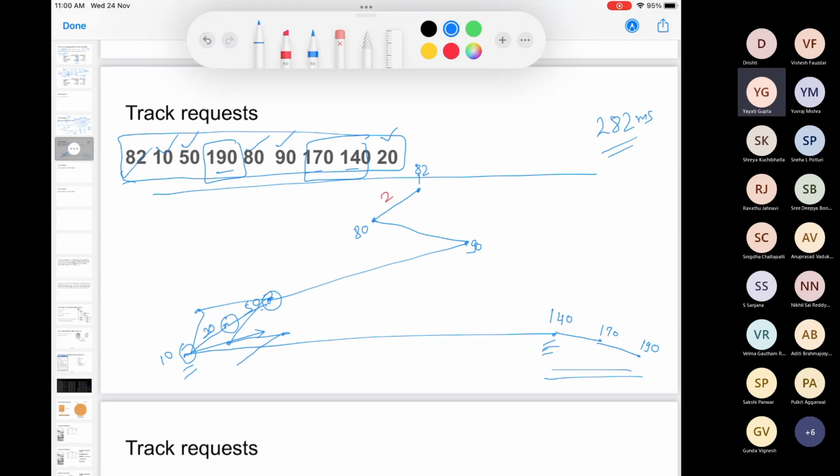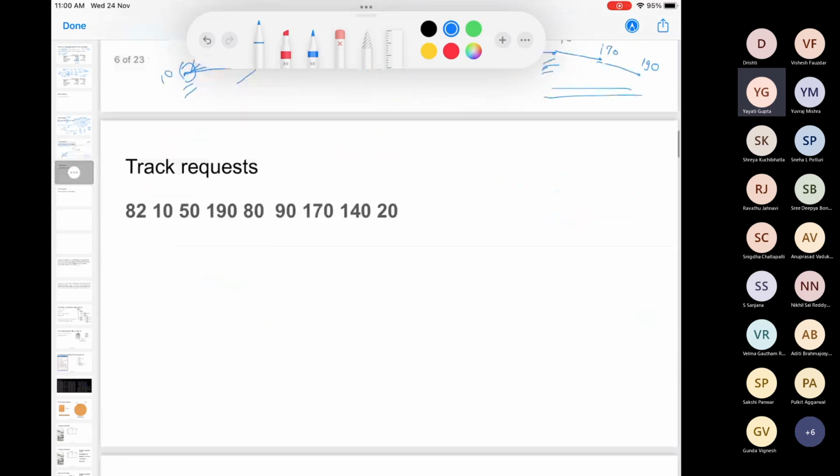So another intuition for this is look at FCFS. So you are coming down from 82 to 10. When you are coming down from 82 to 10, there are certain requests sitting in between them, right? So there is 80, there is 20, right? Why not serve them in between? Right? Why to just go from 82 and then come to 10 and serve it? If you have something in between which requires a service, you require to stop at those tracks, you can do that. Right? So combining both of these ideas, fair serving and this one, we can use something which is called an elevator algorithm.